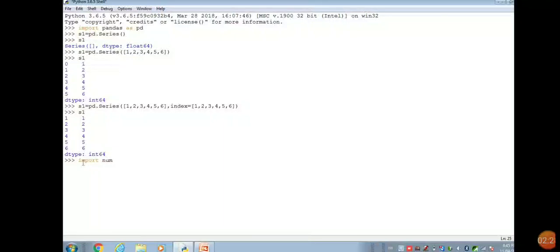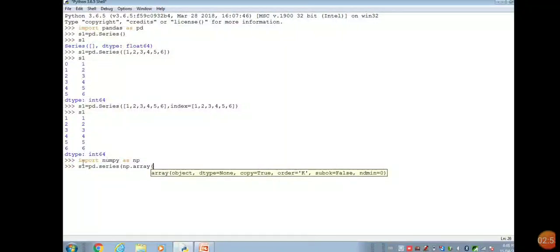Now we just import numpy as np. You know numpy is numerical Python and np is the object for that. Now we will create one series with the help of an array. Here you can see I have written series with a small s, so it will not give you the proper output. See the error that will come. np.array, array is the function of numpy that we are using here to provide the value. Again, the array function has all these parameters: object, dtype, copy, order.